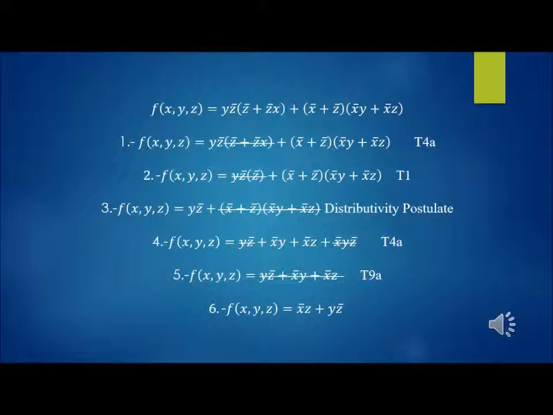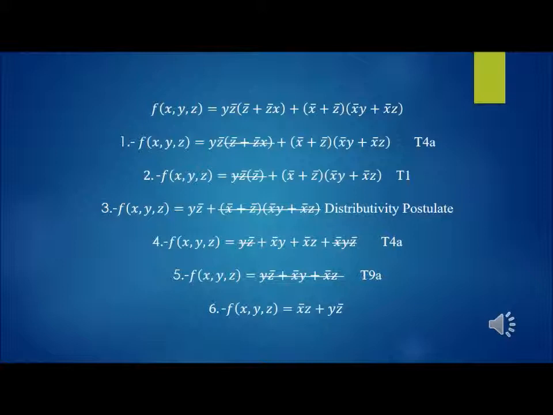In the first step we apply theorem number 4 part A. That is going to result in the second step, on which we are going to apply theorem number 1, which is the idempotency theorem. That is going to result in the third step, on which we apply the distributivity postulate. That is going to result in a sum of products function in the fourth step,